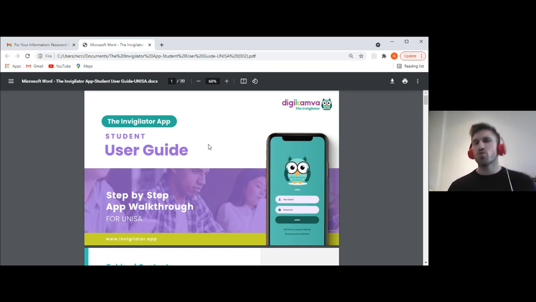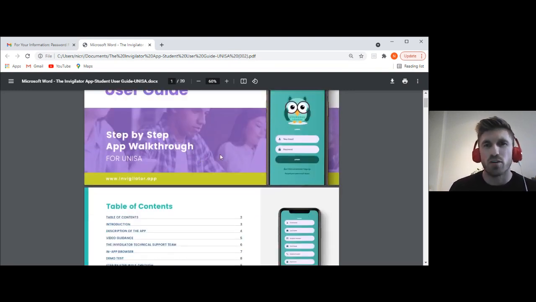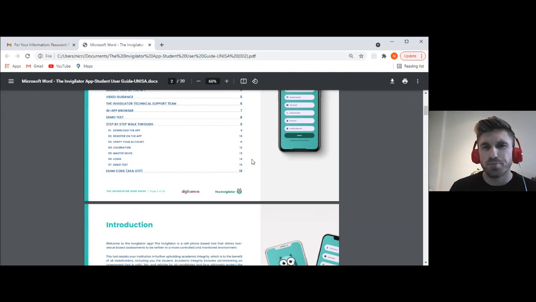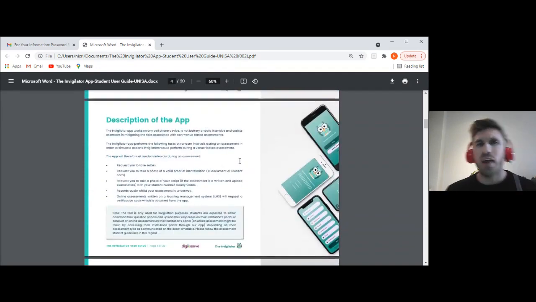So this is the student guide that you will have access to. It is a detailed student guide with regards to all of the information that you're going to need to know with regards to the application and using the application for the upcoming exams at UNISA. Everything that I've discussed with regards to the description of the app and what the app is going to ask of you is here in this page, and it is summarized in